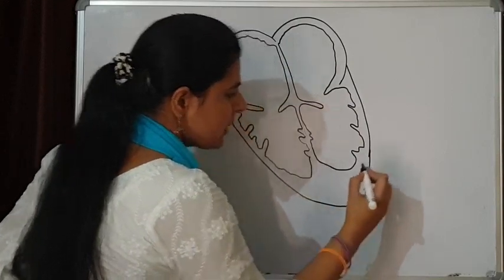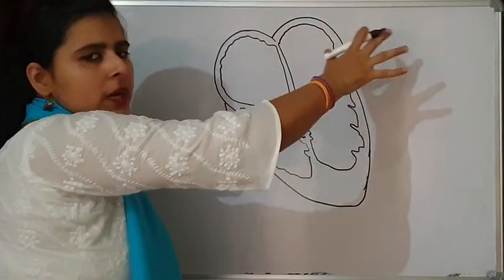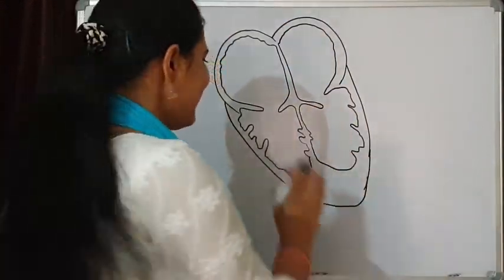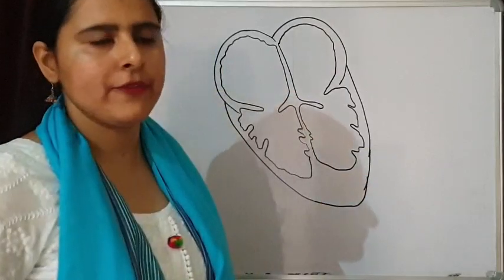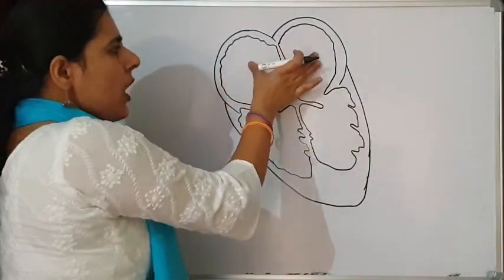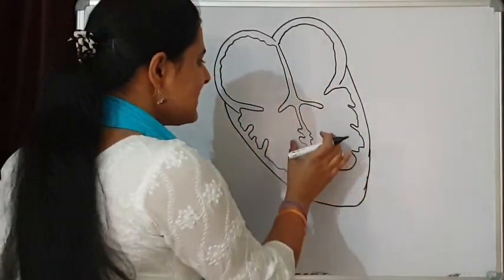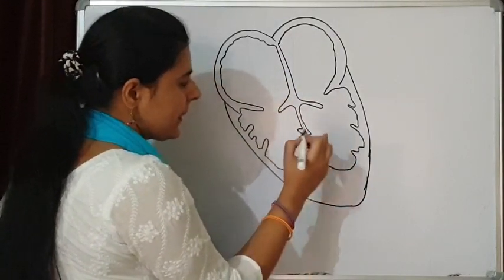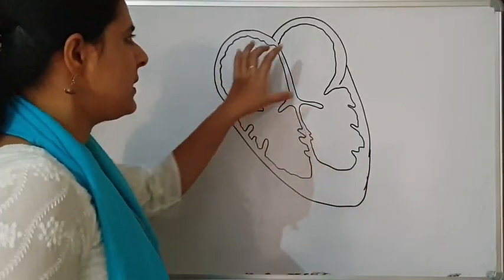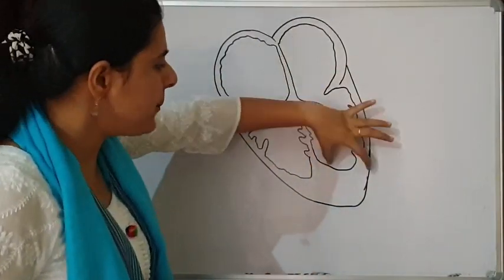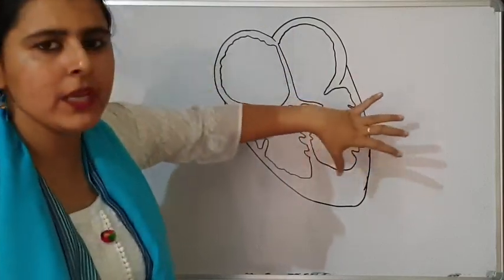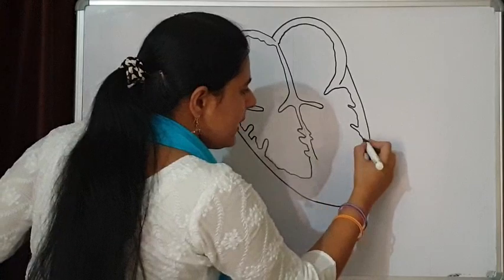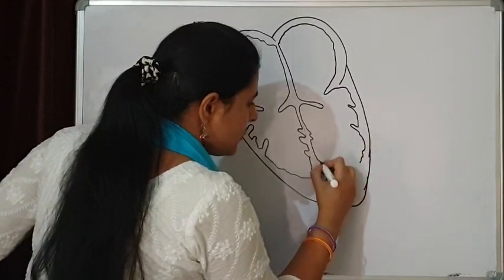If we talk about the appearance, the base of the heart is broad and the apex of the heart is pointed and somewhat tilted to the left side. Now, these are the two upper chambers that are auricles and these are the two lower chambers that are ventricles. The upper chambers have thin walls as compared to the lower chambers, which have thick walls, and we can differentiate between the walls of the left ventricle and right ventricle also.